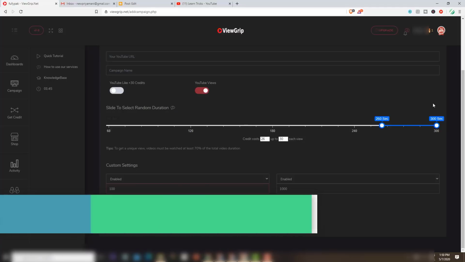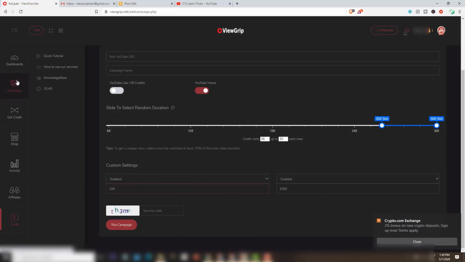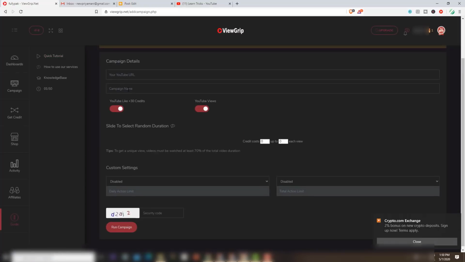Okay, then we will go back to the next setting, that is campaigns. Then create. My campaigns I selected already. Once you create another one, select here. If you want to have only likes, then you enter here, click on likes, then disable views here, and you will get only likes, no views. So like this you can have different settings for views as well as likes.